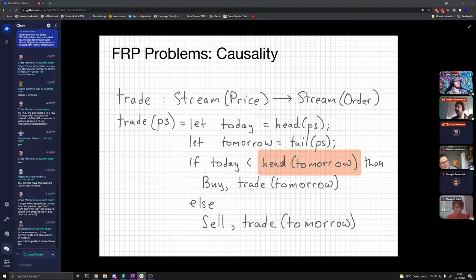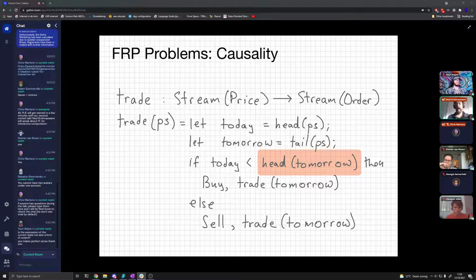If you're thinking of streams as infinite sequences, mathematically it's perfectly well defined to say, tell me the current value and tell me the next element in the sequence. That's perfectly well defined, but it turns out to be something that doesn't make sense when you're thinking about streams as inputs and outputs. You can't get tomorrow's price until tomorrow actually happens. And so what we're trying to do is break causality. We're trying to access future information in the present.